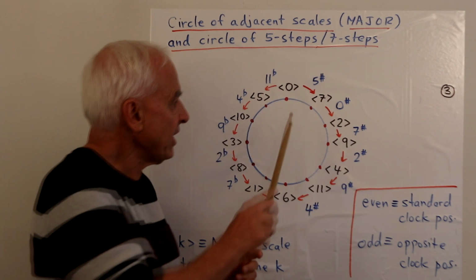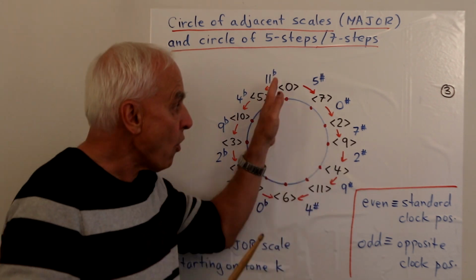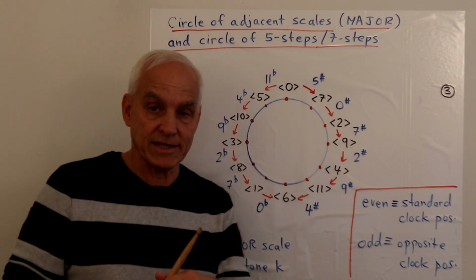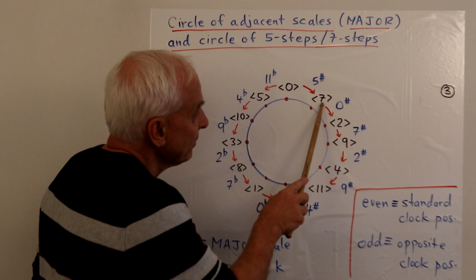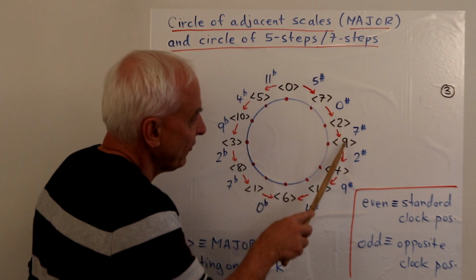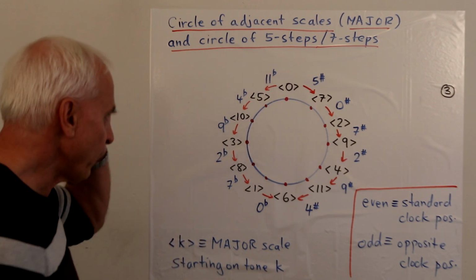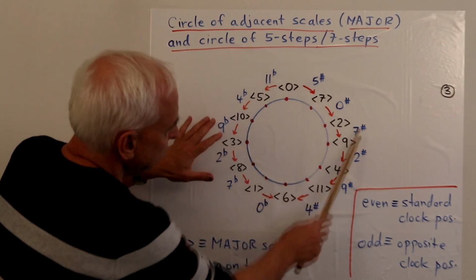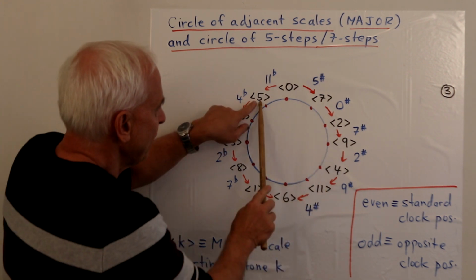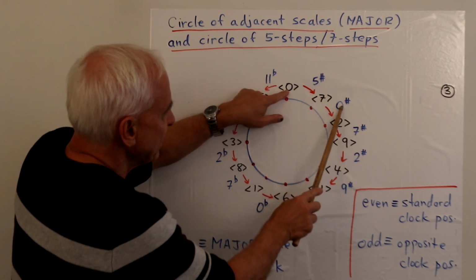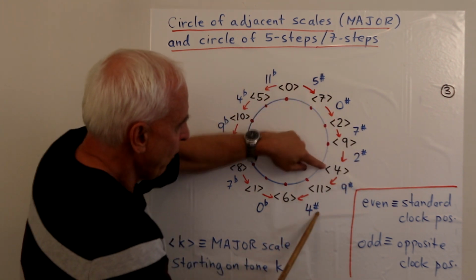Now, what about these various steps that we've taken to go from one scale to an adjacent scale? That's also interesting. So here we had 5, sharp 5, and then a 0, and then a 7, and then a 2, and then a 9, and a 4. And if we just look at these blue numbers here, we see that it's really the same pattern as in the black ones. So here's a 5 corresponding to that, then there's 0, and then there's 7, and then there's 2, and then there's 9, and then there's 4.